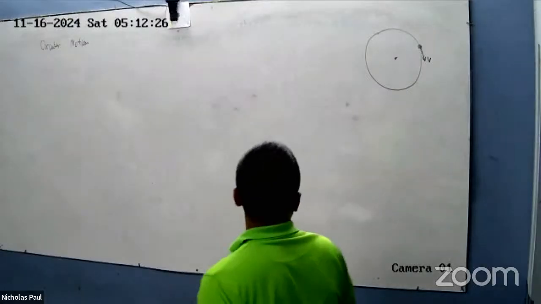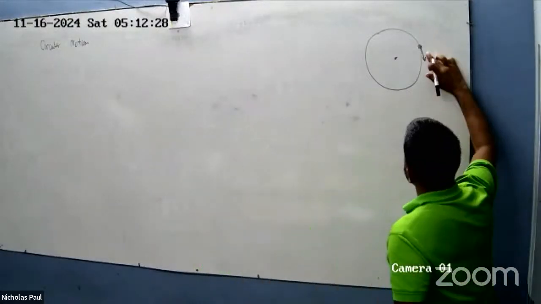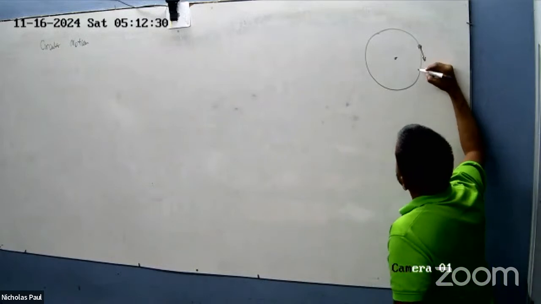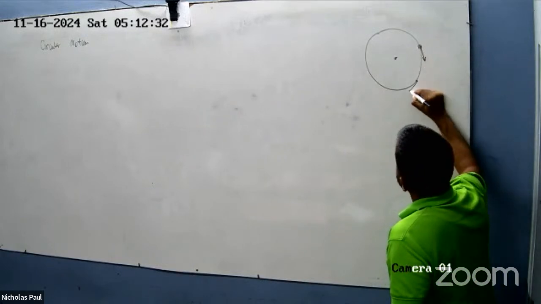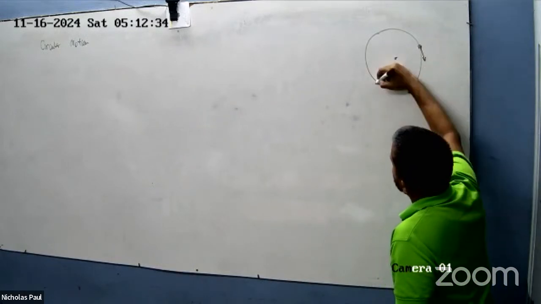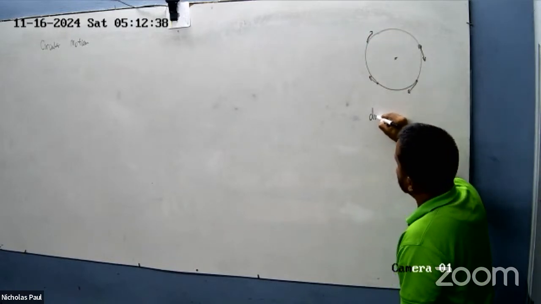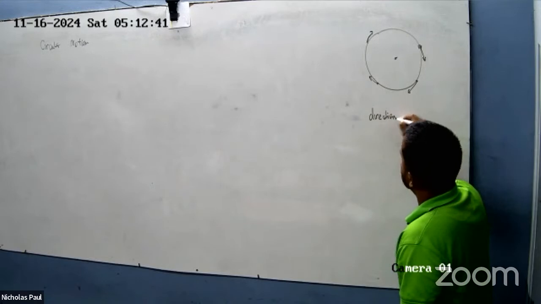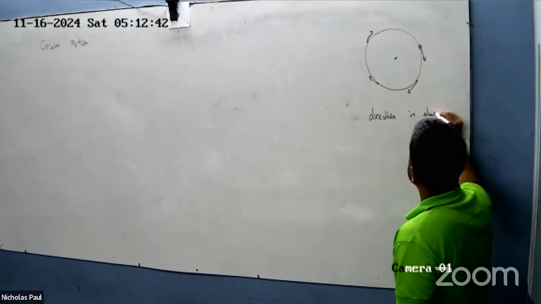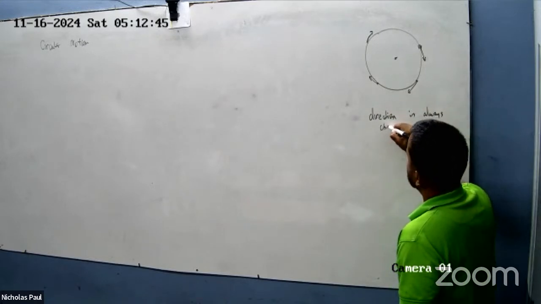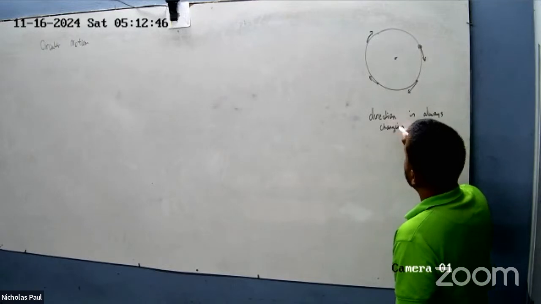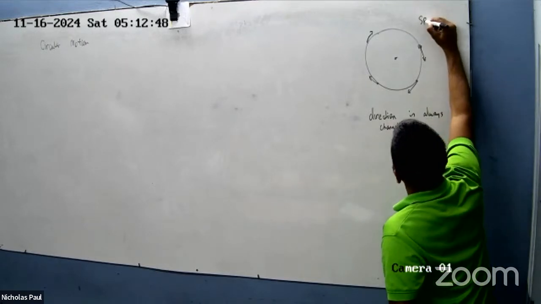If I have an object, right? And the object is moving with constant velocity, right? What you will remember is that as the object moves around the circle, the direction is always changing, right? But although the speed is constant,